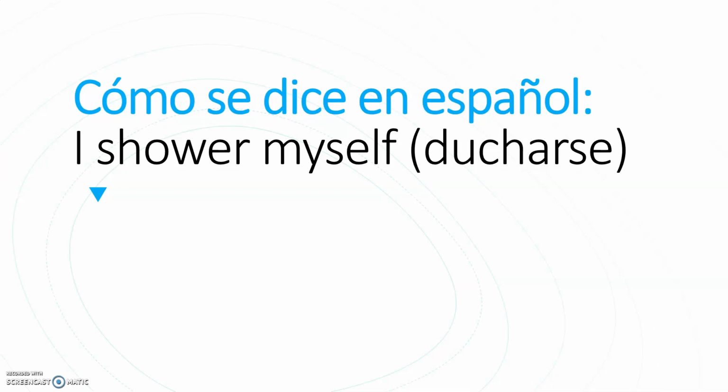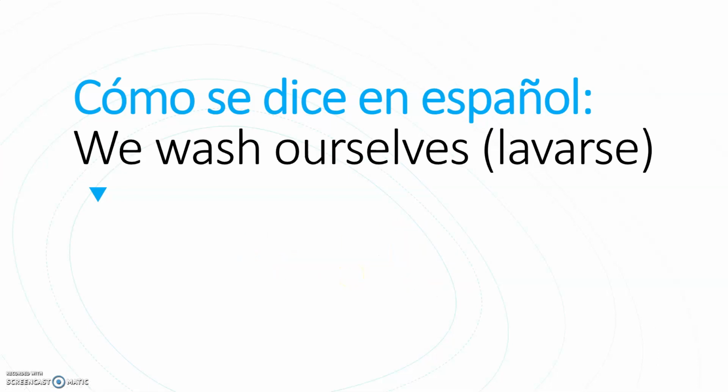So let's do some examples. ¿Cómo se dice en español I shower myself? Because that's how you would say it in Spanish correctly. It's a reflexive verb, ducharse. Okay, so the correct answer is me ducho. The me is the reflexive part. It refers to myself, and it goes at the beginning. And then I also have ducho in the yo form. Me ducho.